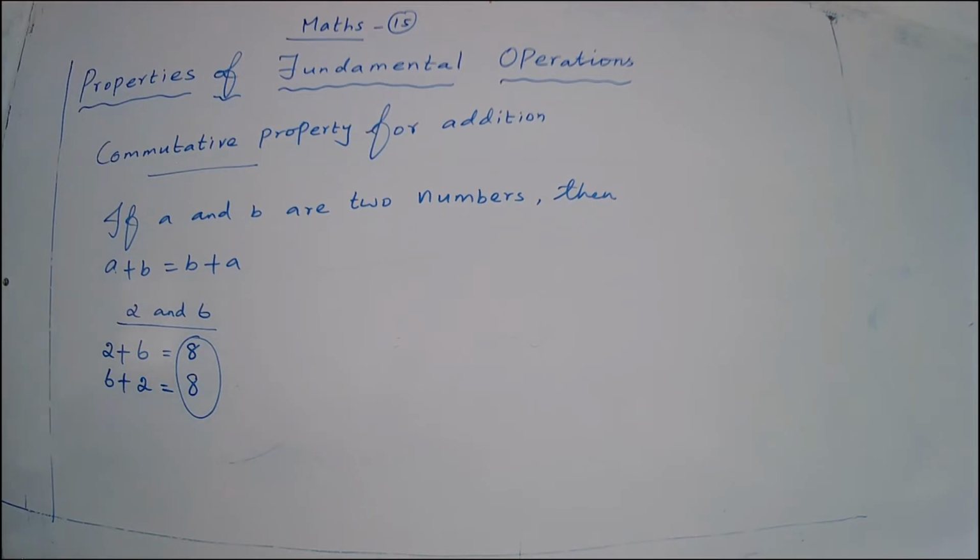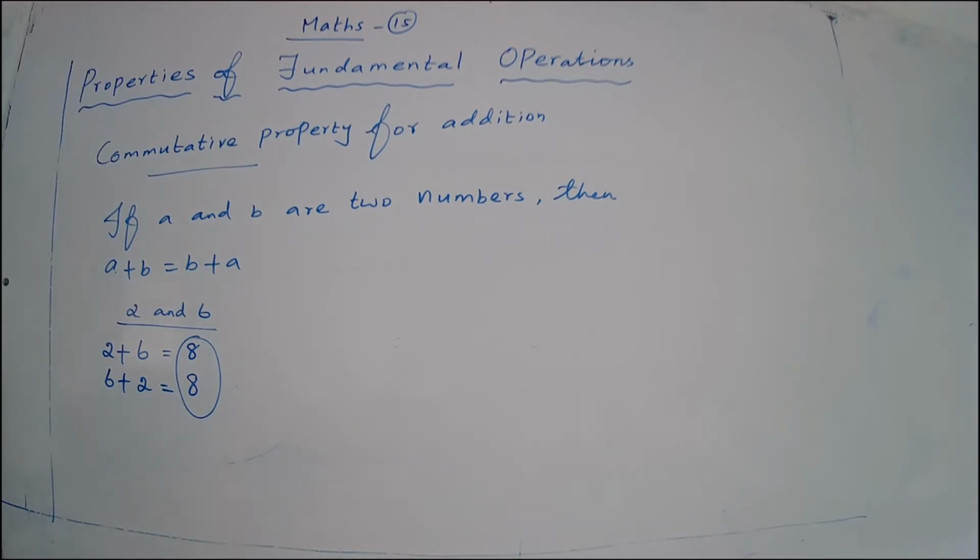Now you come to another set, whole numbers. Whole numbers means the set of natural numbers along with 0. Natural numbers are the counting numbers 1, 2, 3, 4 etc. Natural numbers along with 0 form a new set called whole numbers.